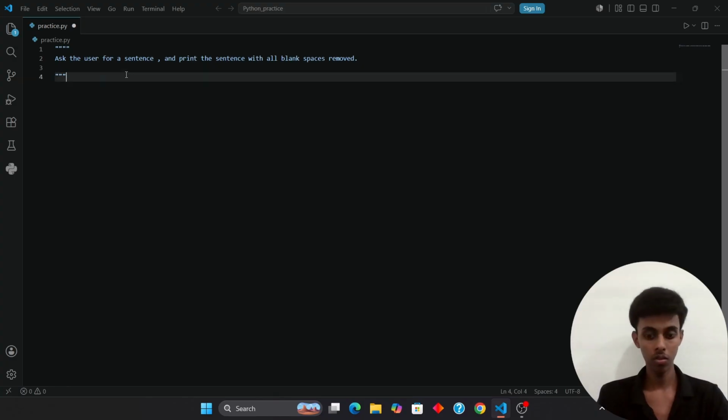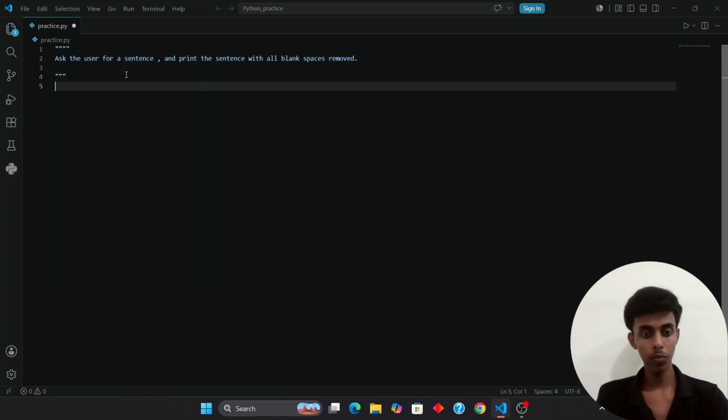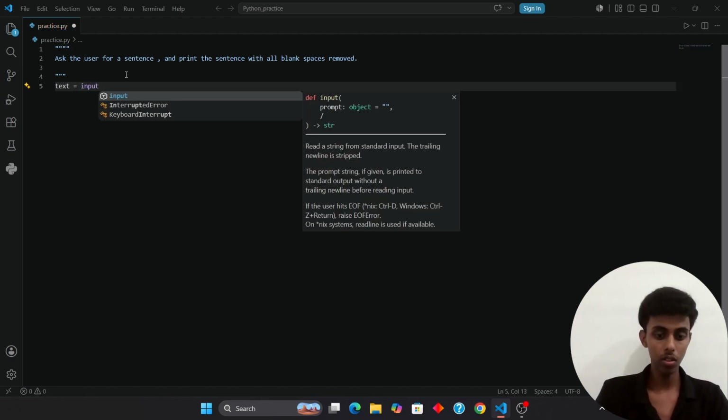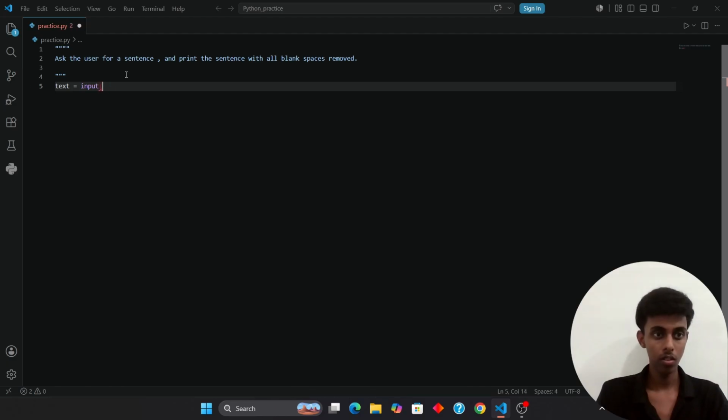Okay, so here, how do we remove spaces from a string? So remember our string function from lecture 2. We can use dot replace to swap every blank space with an empty string. Okay, so you can see here we have taken a variable text, and taken user input, then we write here enter sentence,